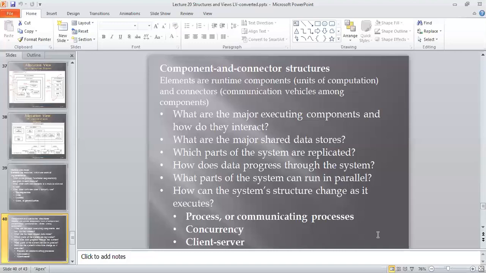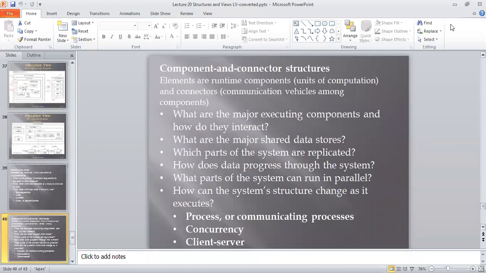So component and connector structure means how your set of elements and their relationship is maintained. Combined, this is known as a component and connector structure.